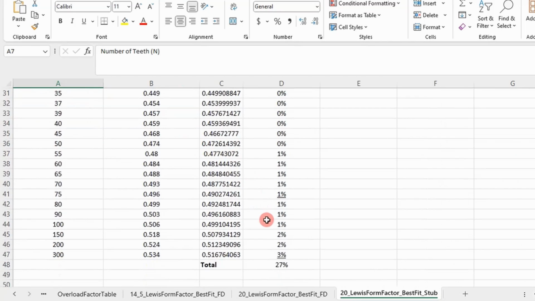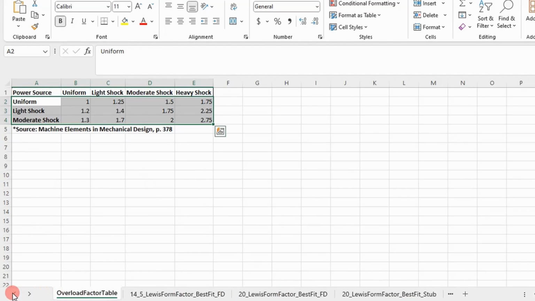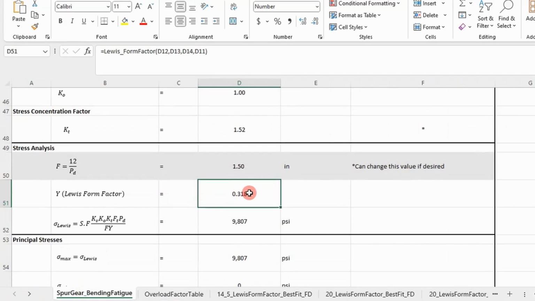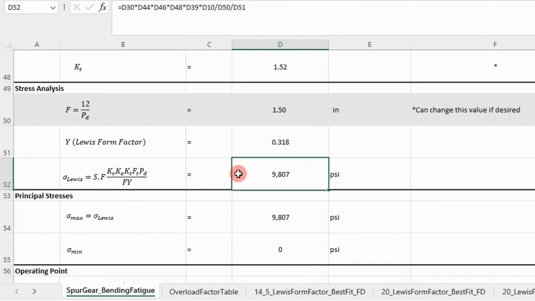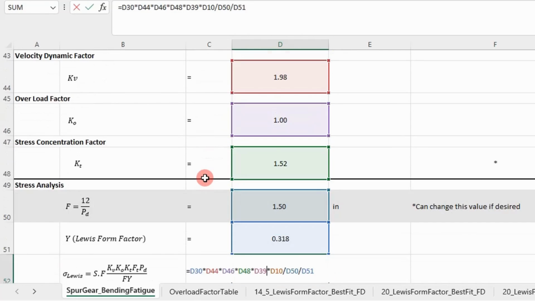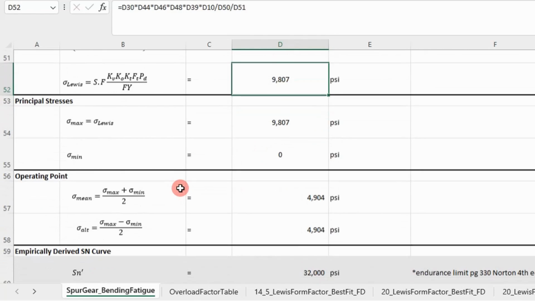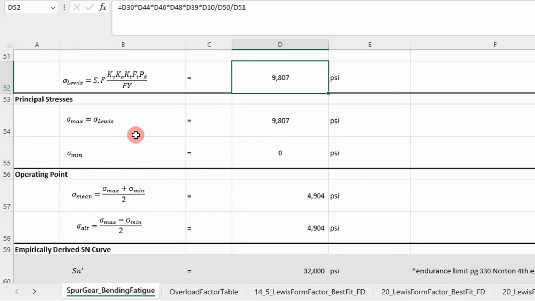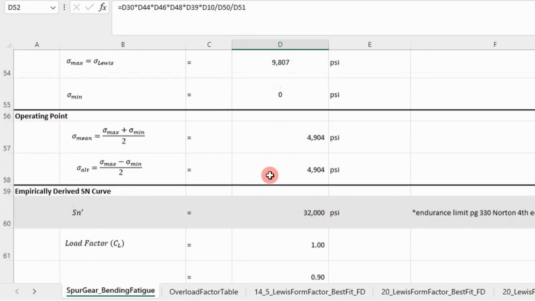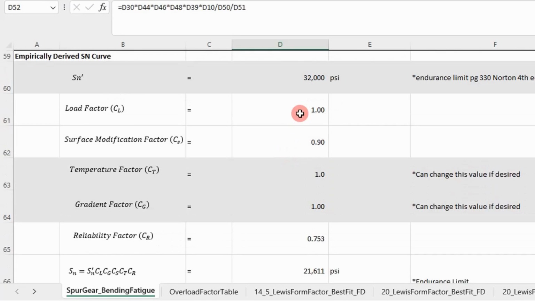And so that's a real good fit there. And so with that, we calculate our Lewis bending stress right here, taking into account all those factors that we determined, and then we get this value, and then we determine our principal stresses, our operating point, our mean stress, our alternating stress, and then we knock down our endurance limit,